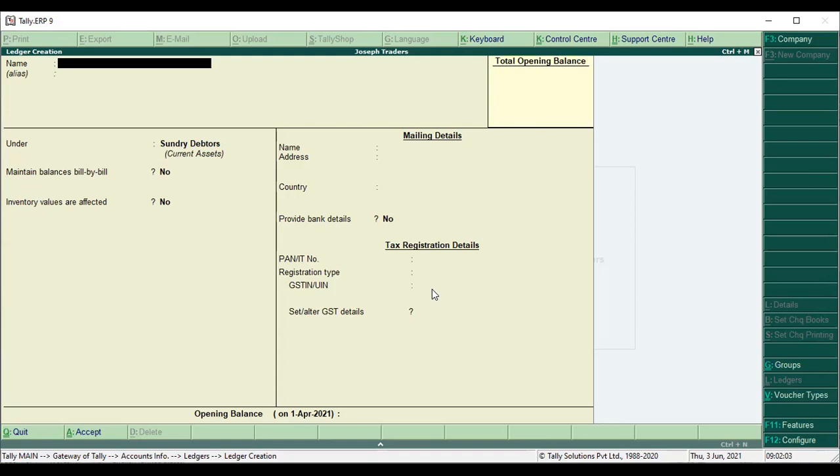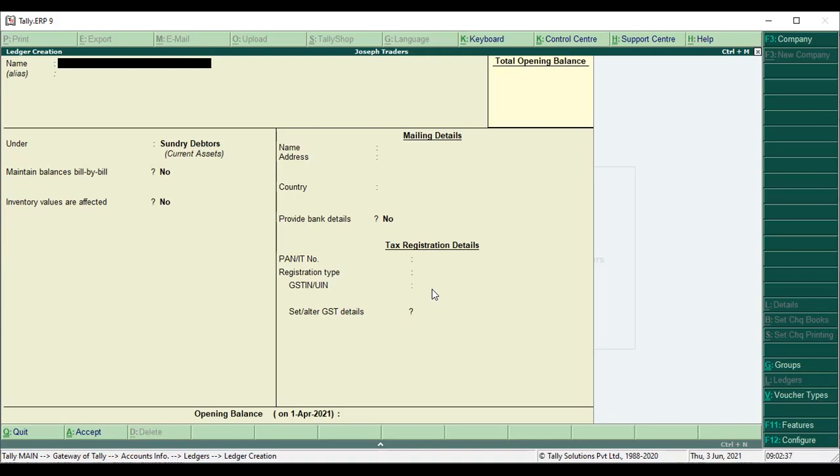So that means we do not have to create CGST and SGST tax ledgers. Why? Because we will not pay GST to composition dealers. Yesterday we discussed what is a composition dealer. The composition dealer has to pay a fixed rate of GST on their turnover to the government.